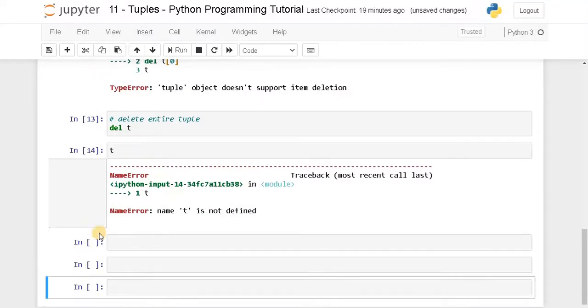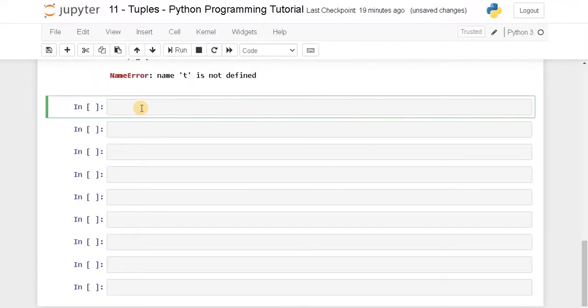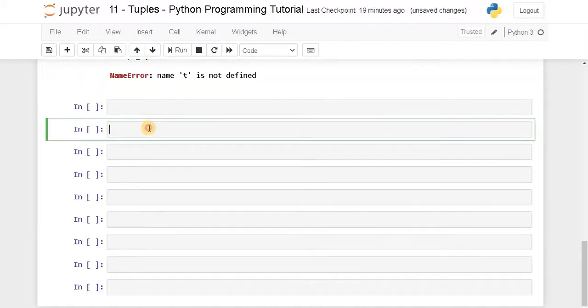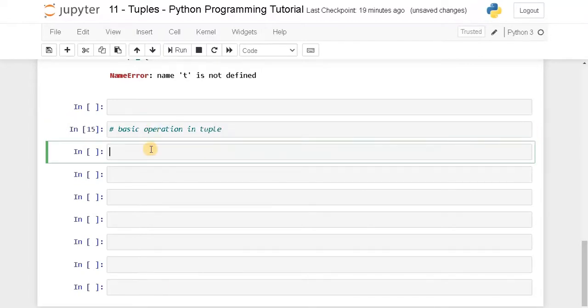See, name t is not defined because the entire tuple is deleted. And the next one is basic operations in tuple. Similar to list, we can find the length of the tuple using the len function.